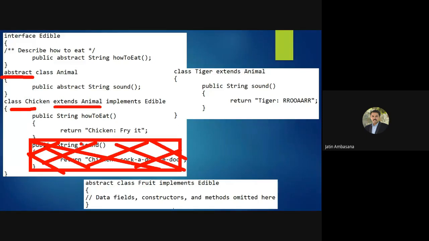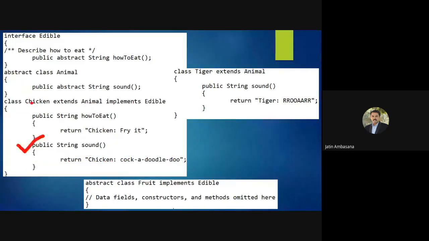But that's not the case over here. Here we are providing the implementation of sound, which is an abstract method in the Animal class, and howToEat, which is an abstract method in the Edible interface, not a class.